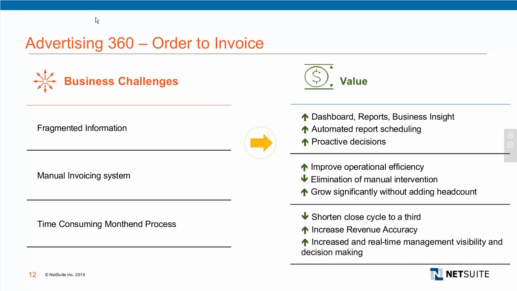You're able to grow your system without having to grow headcount. And again, you're reducing the month-end close process, whether it's on the invoicing side or the expense side. There's a lot of automation you're going to be able to do to get through your currency revaluations, your consolidations, amortization, as well as the deferred revenue that we talked about earlier. So really, it's just letting you be proactive in making those decisions.